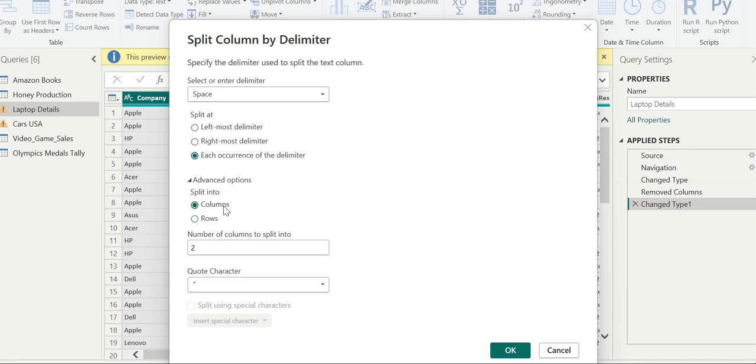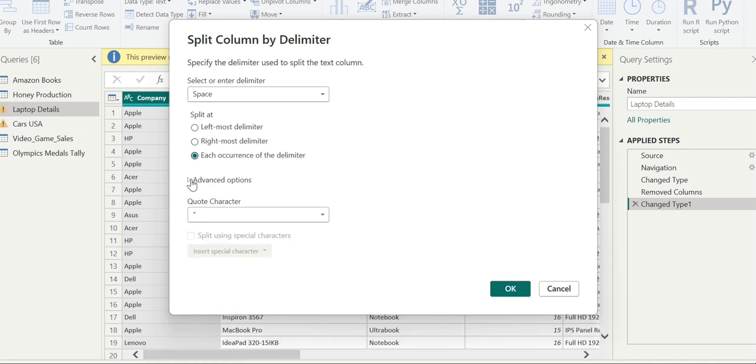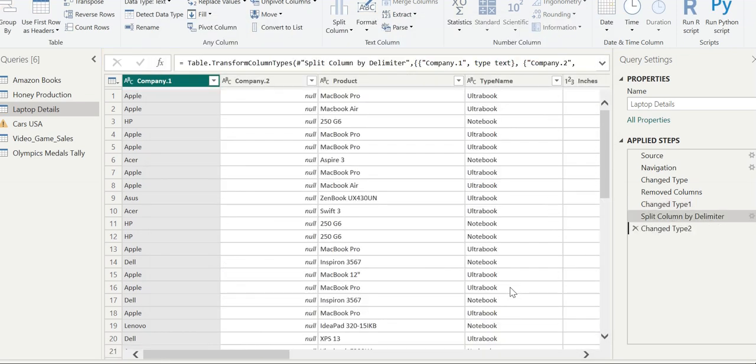We just want to split it by default into columns, and just into two. This is the default. So just keep all of these settings and see that the product column, if we apply OK, will be converted into 2.